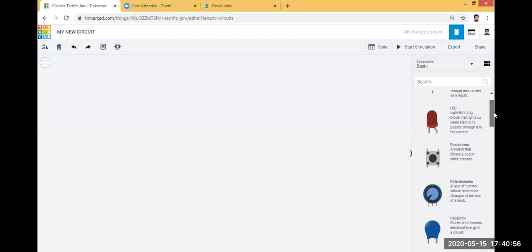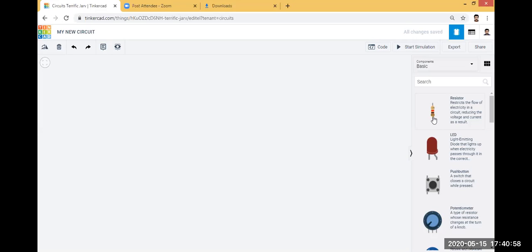Here you can see the first component, that is the resistor. A resistor restricts the flow of electricity in a circuit, reducing the voltage and current as a result. As I already explained, a resistor is a component that reduces electrical current.